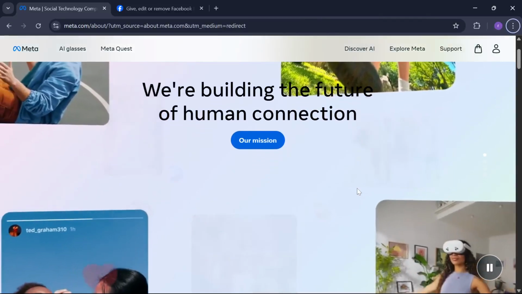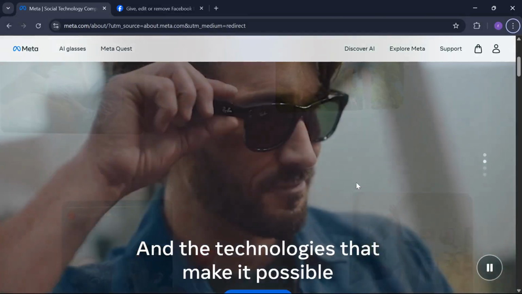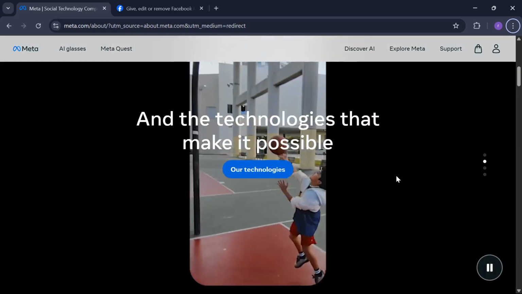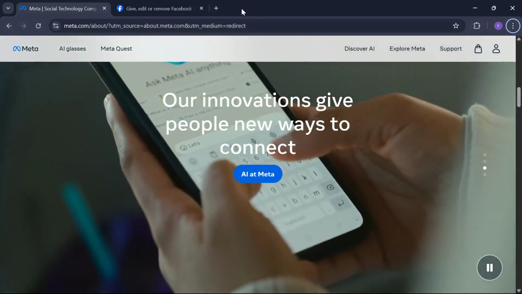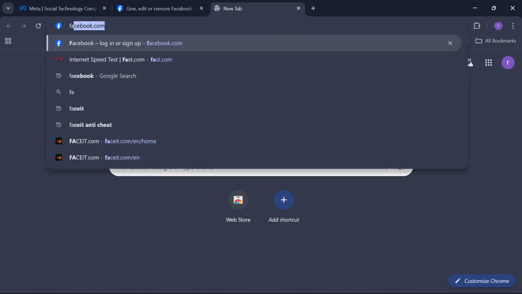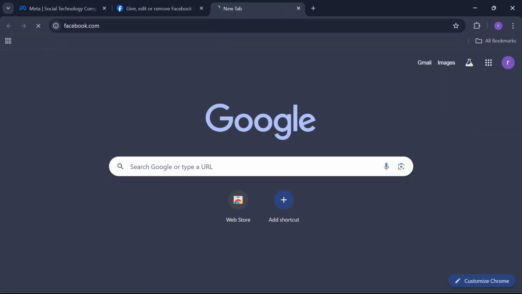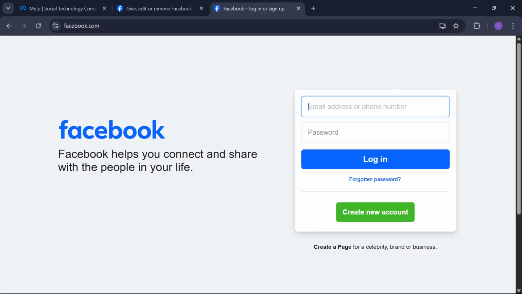Hey everyone, so in this video I'm going to show you how to add admins to your Facebook page in 2025. So for that, first of all, you need to come to your web browser and search for facebook.com and click on enter, and after coming to here you have to give your credentials like your email and password and